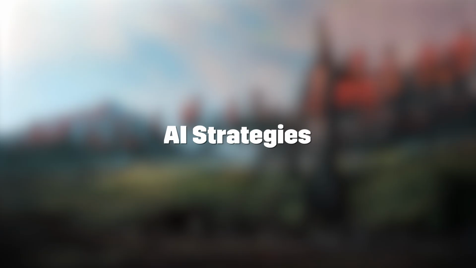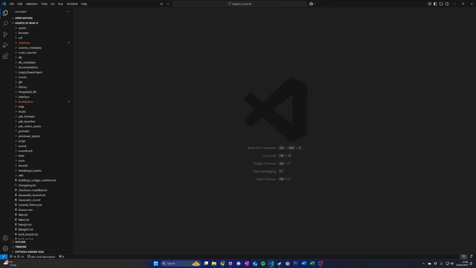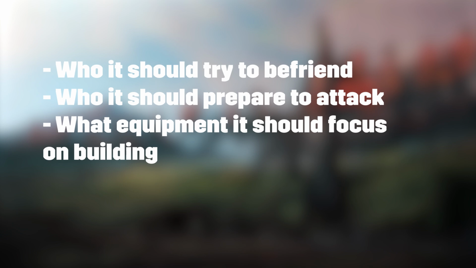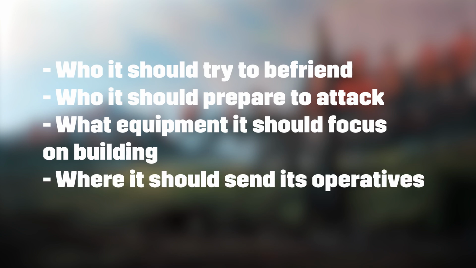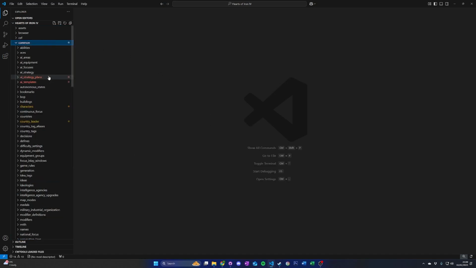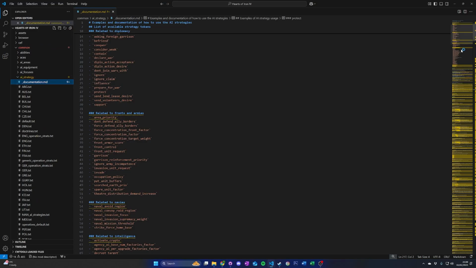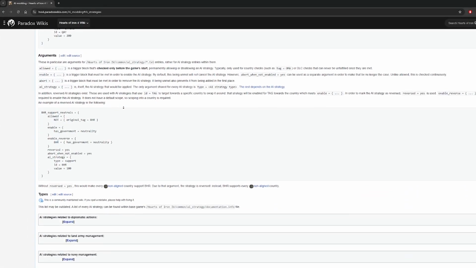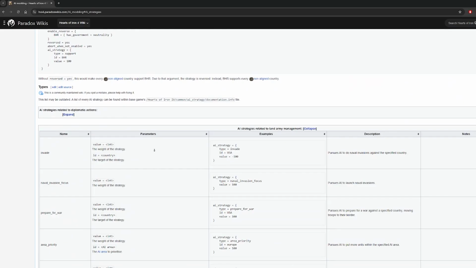AI strategies. AI strategies are ways to tell the AI what it should or should not do. This includes who it should try to befriend, who it should prepare to attack, what equipment it should focus on building, where it should send its operatives, and more. A full list of possible strategies that can be modified can be found in the documentation file located in the AI strategy folder. More information, including breakdowns and examples of each AI strategy, can be found on the Hearts of Iron 4 Wiki's